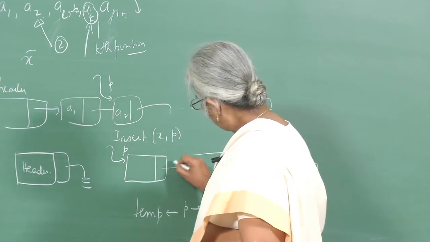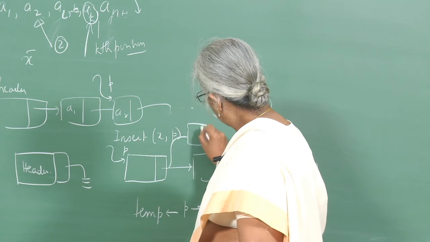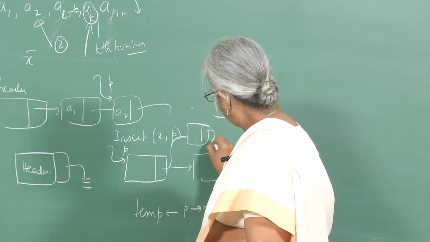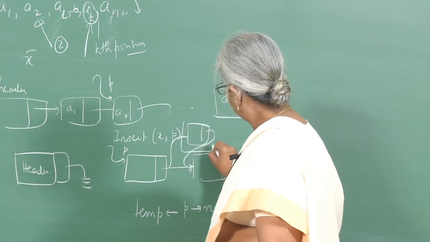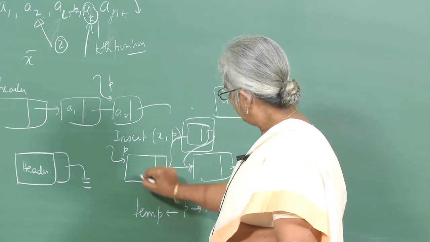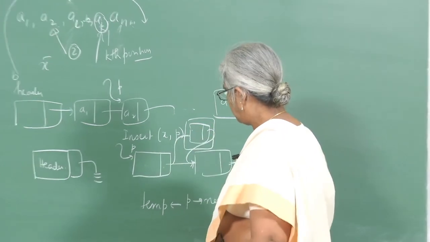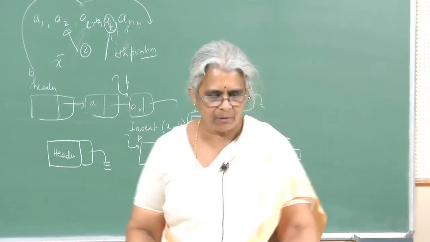So what I do is, I create here a new element and put that element here and connect this back. Okay. So this is the new guy which I am adding. Although I said insert the element here, what we do is we keep it as the next position. We will see why this is useful. Why are we not inserting it at that particular position itself?